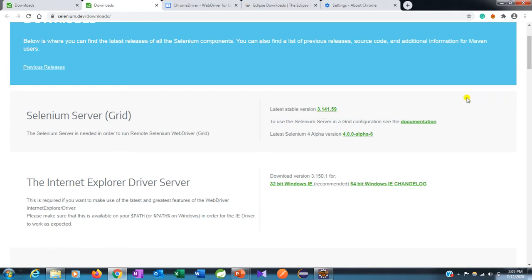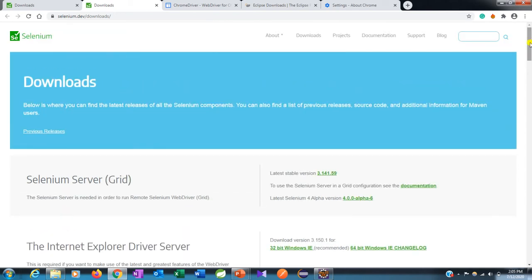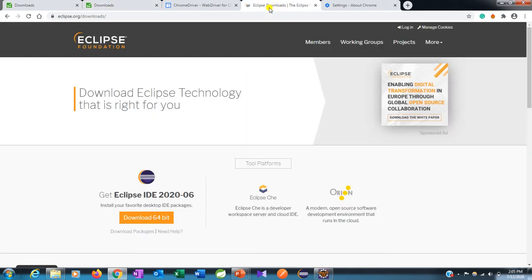These two things are very important for us for executing our Selenium automation in Eclipse IDE or any other IDE, using a language like Java. As we are already done with these two, we need to download Eclipse, which is our IDE, which will give us a platform to write our Java code and execute it. So here you can see that this is the Eclipse site, and eclipse.org downloads is the official site